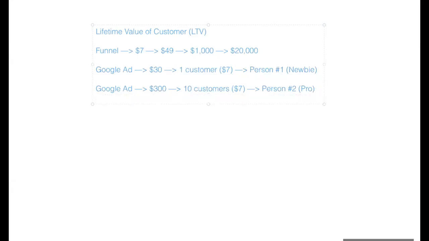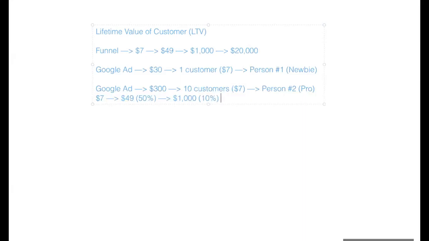But what this person knows is that from $7 to $49, the upsell converts at a rate of 50%, so half of them. The newbie just didn't get enough to get 2 customers. And then from the $49 offer to the $1,000 offer, let's say this is a 10% rate.